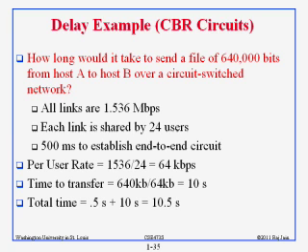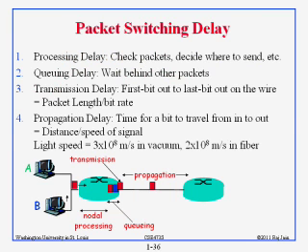On a circuit switch network, you need to set up a circuit and then send the bits. On a packet switch network, you don't need to set up the circuit. You can start sending the bits, but you have to packetize it, so there is an overhead per packet. So let's talk about packet switching. On packet switching, first you have to collect the bits as they're coming in, make a packet, add the header,